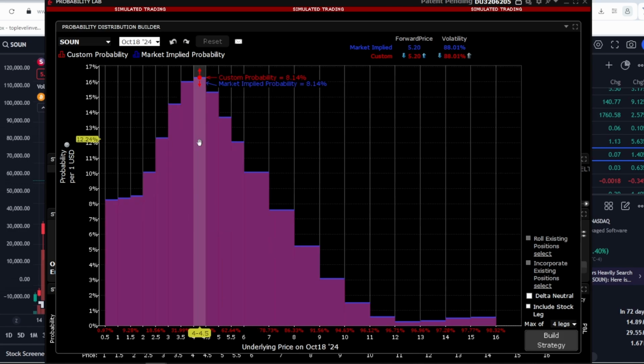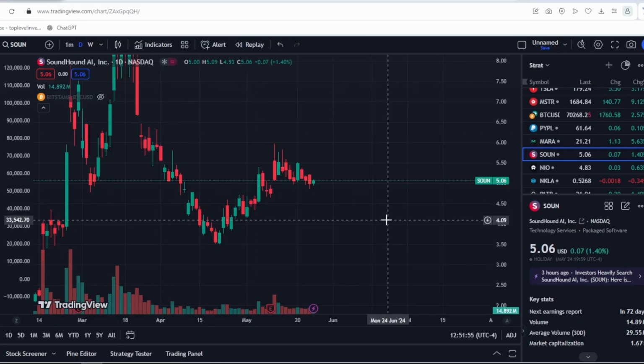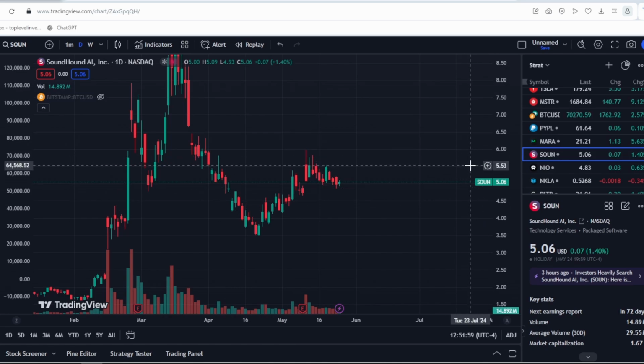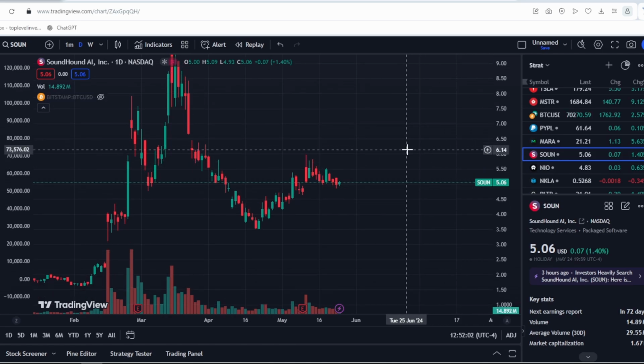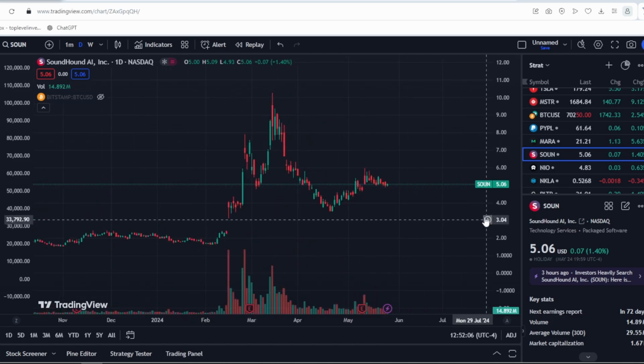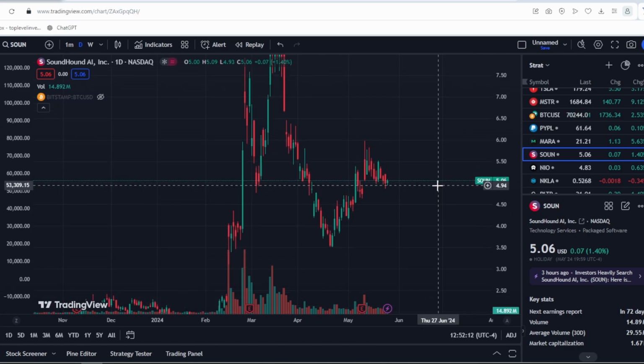However, if we look at a more distant date, for example, October 2024, the market predicts that the stock will be between $4 and $4.50, a decline. But again, if we look at all stocks, the market generally forecasts a decrease by the end of the year for almost any stock, which aligns with this prediction. It's likely that by the end of the year we might enter a recession. Again, this is a forecast based on derivatives, the stock market, and the options market, so the stock in question